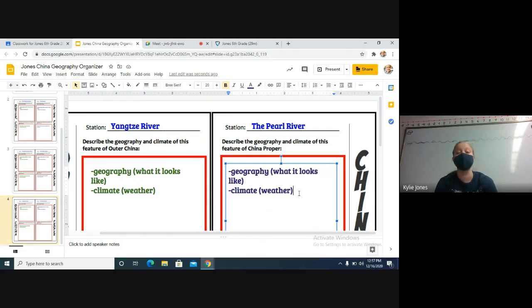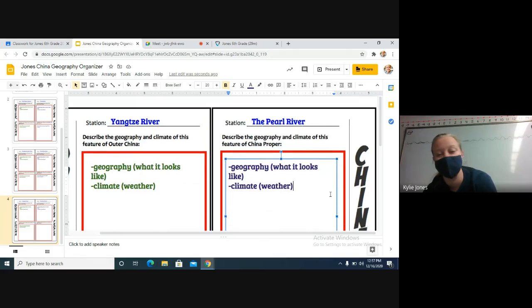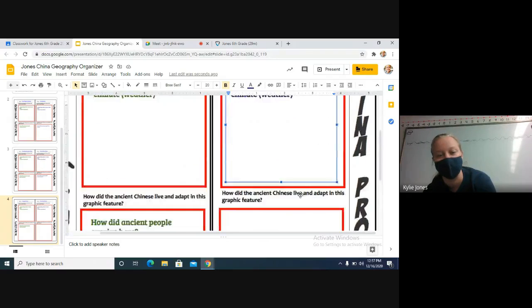Okay, again, on this one, you need to be listening for what the geography was like. So what did it look like? What was the land like? And the climate. What was the weather like? Or is the weather like? Okay. And then if they talk about it during it, you can